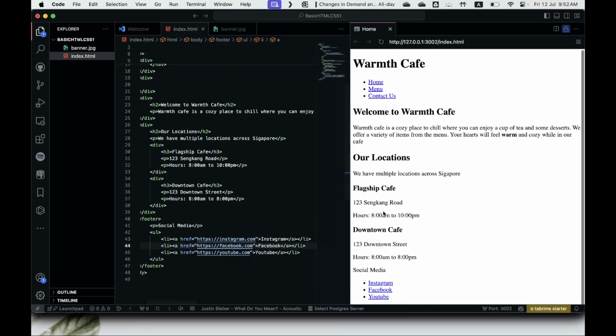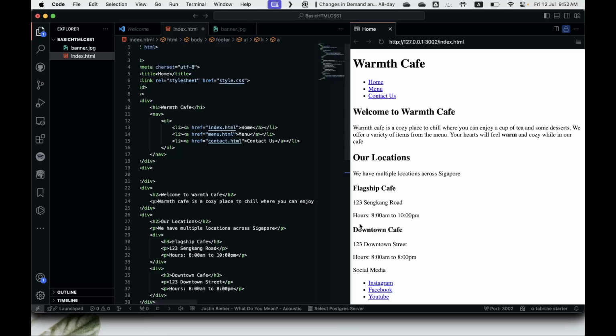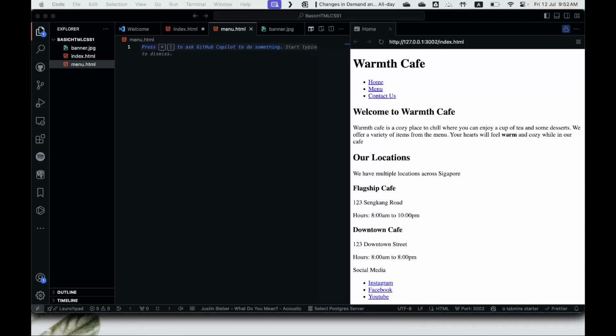So when we click on one of these social media links, it will direct us to our social media page. So this is basically the structure of our home page, and now we want to create our sub pages for our menu and our contact us. So we're going to create a new HTML file called menu.html,